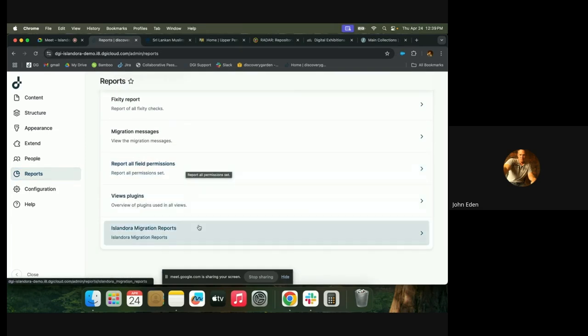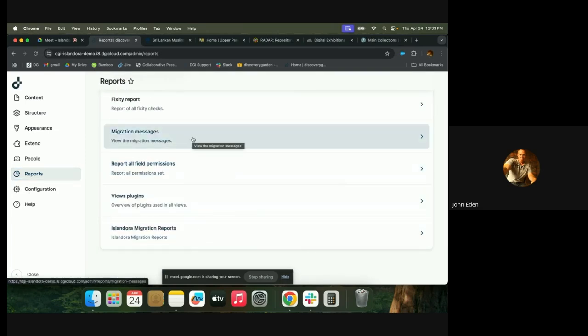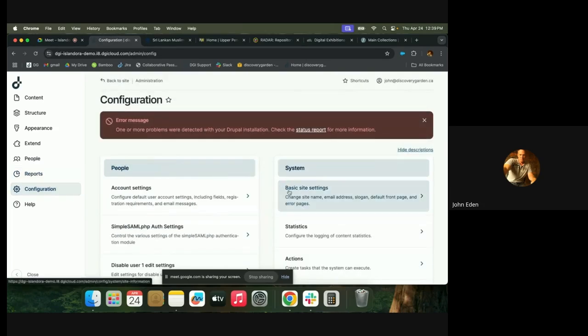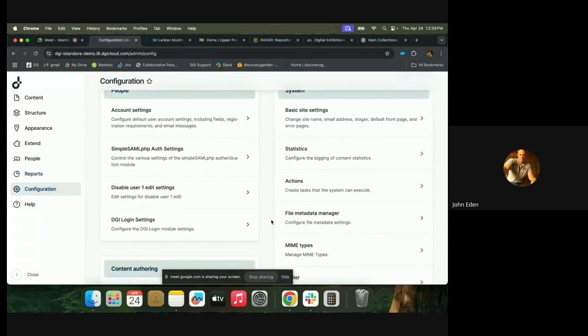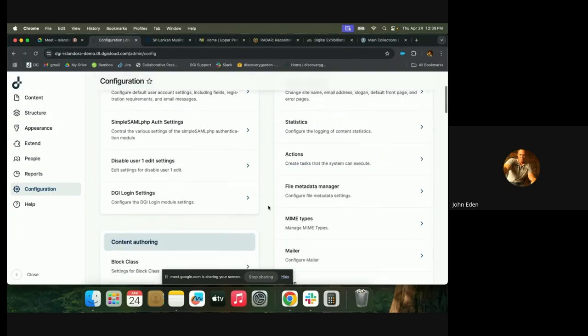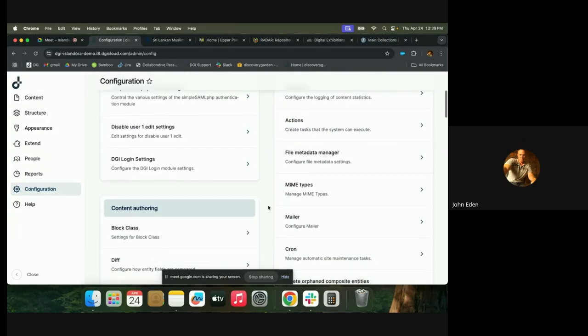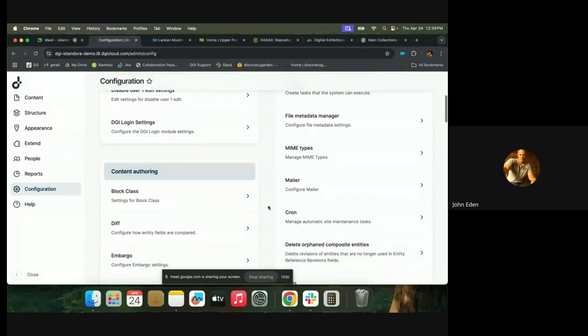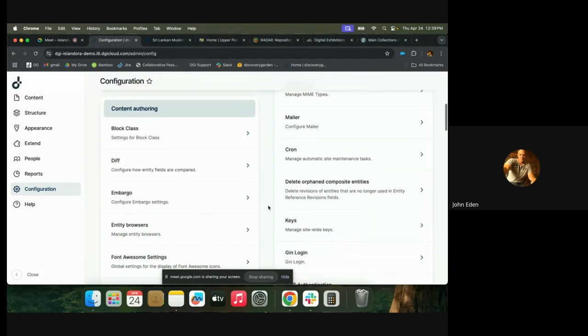Again, report all field permissions. We already showed the migration report. And under configuration, there's a lot in here. So here's where, if you wanted to make changes to your, again, we would set that up with you. And then out of the box, it's a site configuration, but it can also be configured to collections. Embargo,